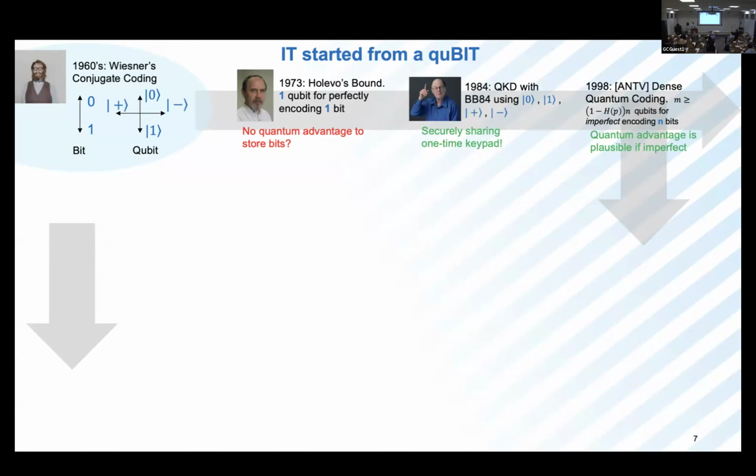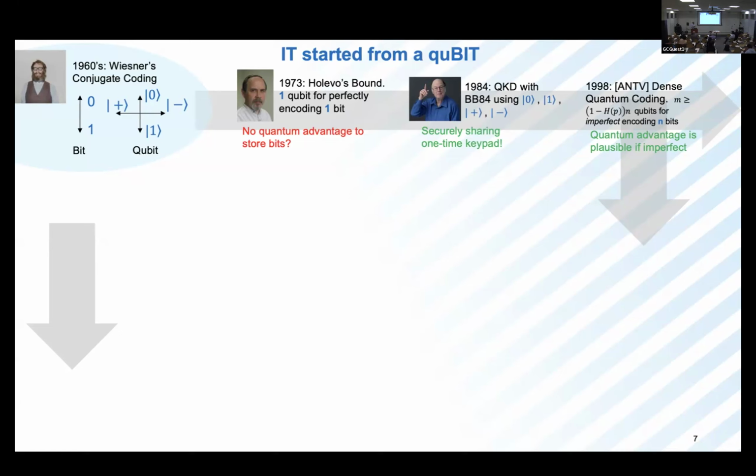Yeah, that's one thing. And then this one-qubit primitive was used by Bennett and Brassard in BB84 for key distribution, also mentioned in the previous talk. But really, when we look at the power of a qubit, it's kind of disappointing, because even if a qubit can be used in many different bases, like 0 and 1 or plus and minus, in 1973 Holevo proved that if you want to encode 1 bit of information, you really need 1 qubit. There's no advantage there, right? However,